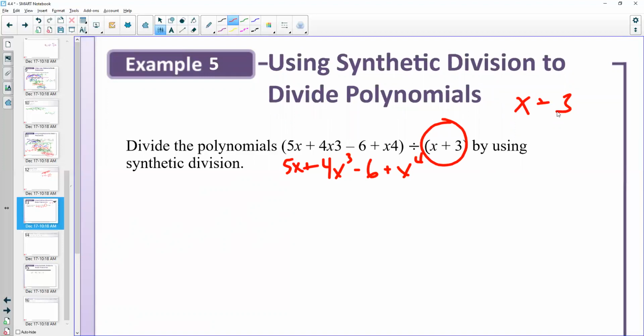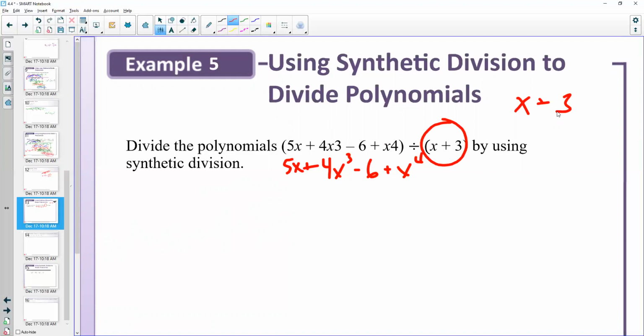So some sort of x, not squared, not anything else, plus or minus 3, plus or minus 2, plus or minus whatever, okay? Some sort of single variable plus or minus some number. If it's in any other form, if there's an x squared, if there are 3 terms, if there's a number in front of x,